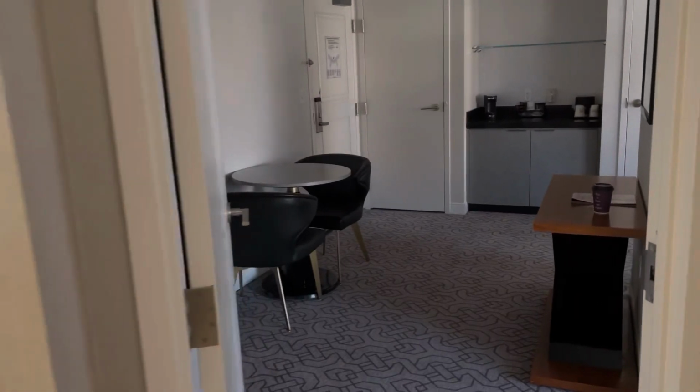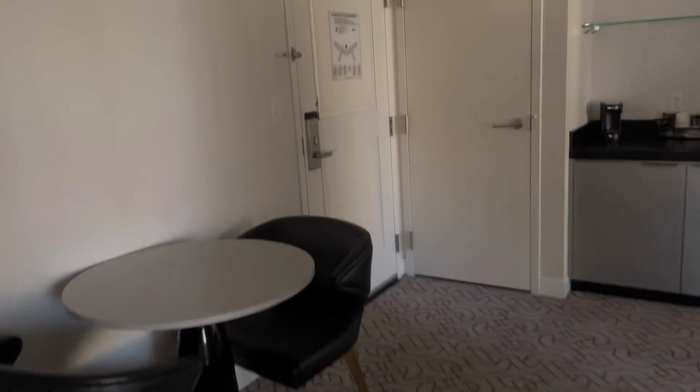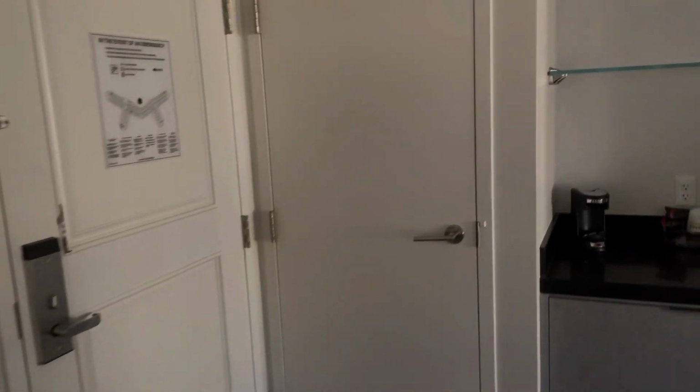All right, so that's it. It's pretty big, pretty spacious, not a lot of furniture, so I think it makes it feel a lot bigger than it would if it had a lot of furniture in it. And again, nothing fancy, but it is clean